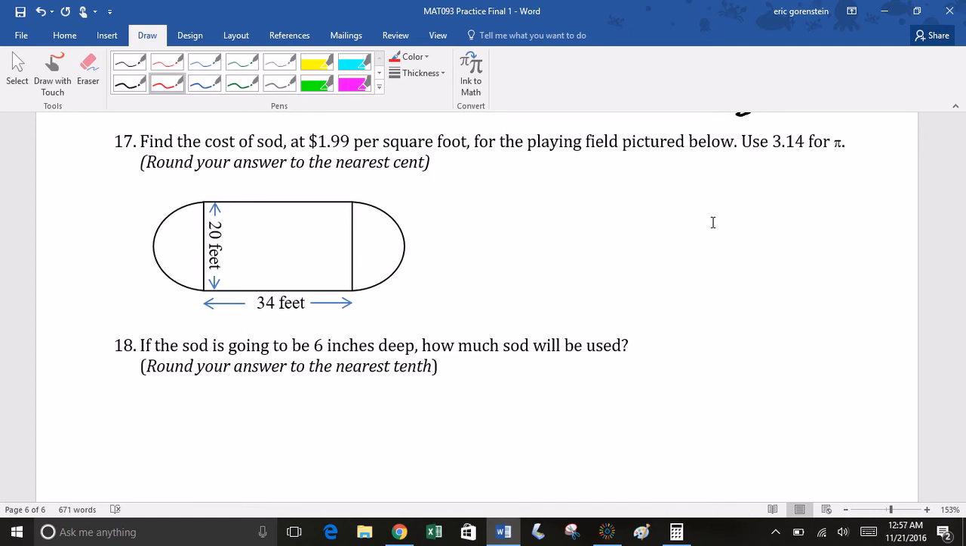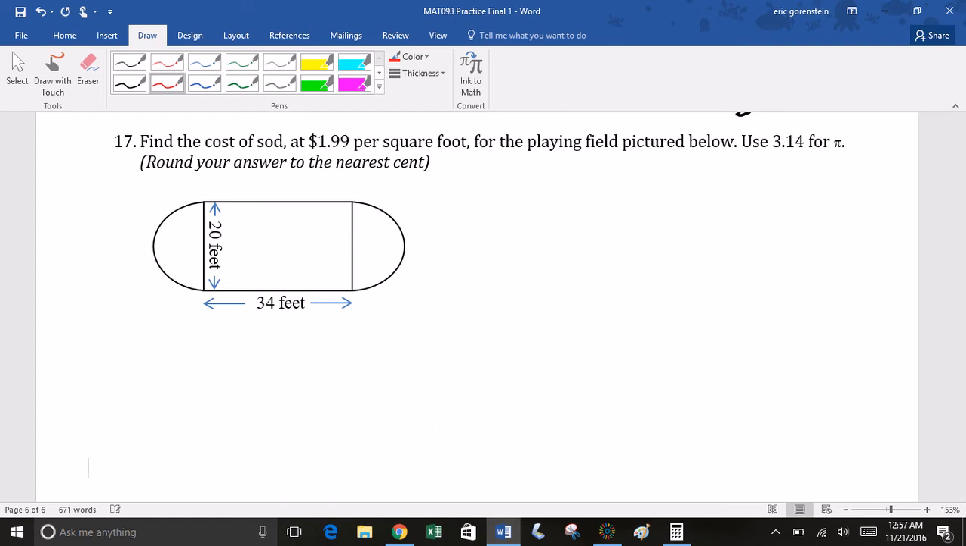So I'm going to come back to problem 18 in a bit. So for 17, find the total cost of the sod. Well, to find the cost, we need to know how much we're using. So to find this, we're going to need the area. So to find the area of this playing field, we're looking for the total area